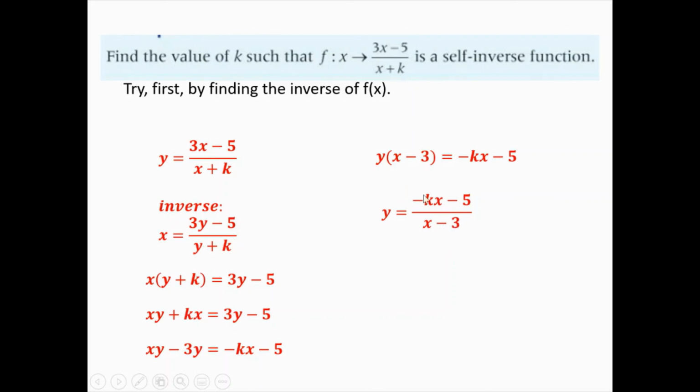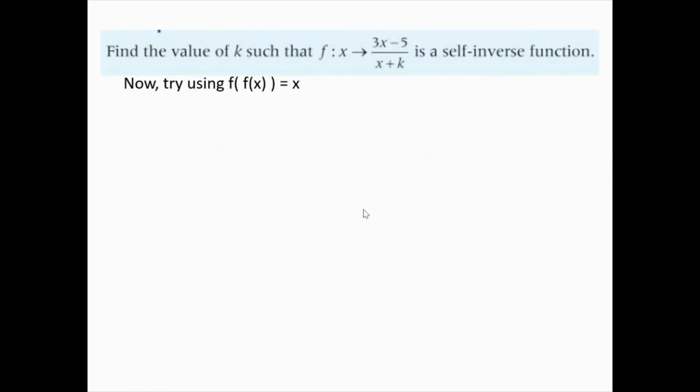Now let's check if it works with the other one here. If I just figured out k must be -3, so I put -3 in here, that becomes +3. Oh, it works. So k must be -3. So kind of just by comparing the two, you can decipher that k must be -3. Again, that's the simpler approach, but if we took the more proper algebraic approach, we're going to try